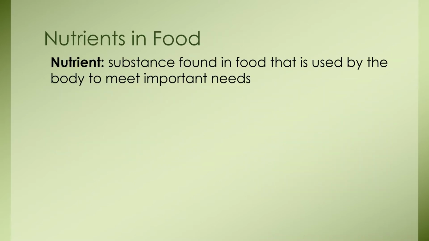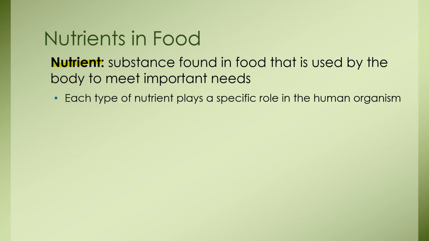What's a nutrient? When you ingest food, you are eating because you need to get nutrients. These nutrients are substances found in food that are used by the body to meet important needs. Each nutrient has its own function. Each type of nutrient plays a specific role in the human organism. There are six main